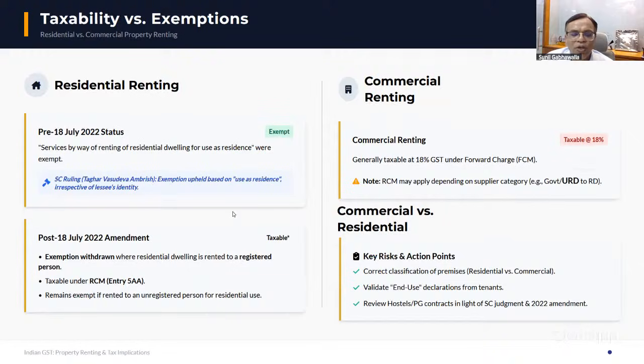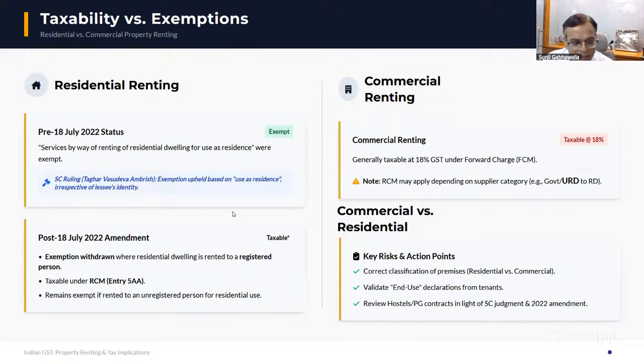So, a hostel would take up a residential building on rent from some third party and then provide it as hostel services to various students, maybe a paying guest. Now, in this type of situation, the department used to issue show cause notices to these hostel operators and to the landlords, more importantly, saying that look, the exemption is only if the service is by way of renting